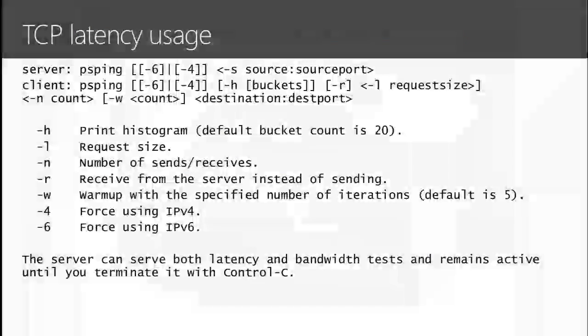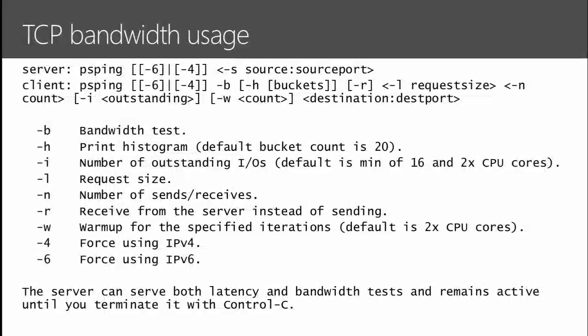The other options, the latency and the bandwidth, also offer the option to do histograms and how many buckets to use. So TCP latency is simply how long does it take for data to go back and forth. The bandwidth one floods that channel.